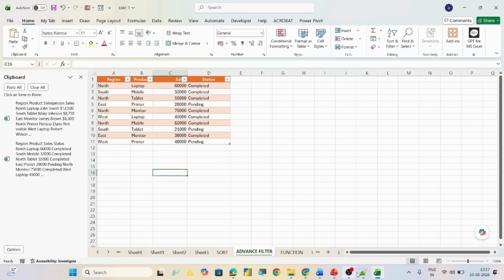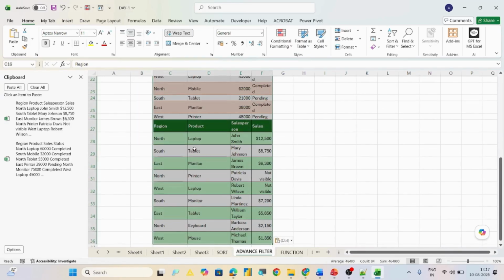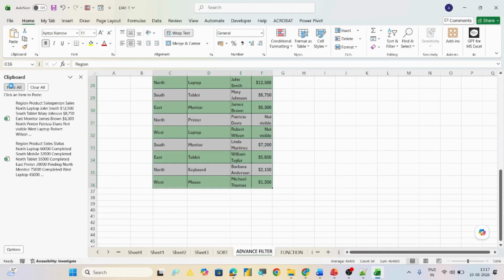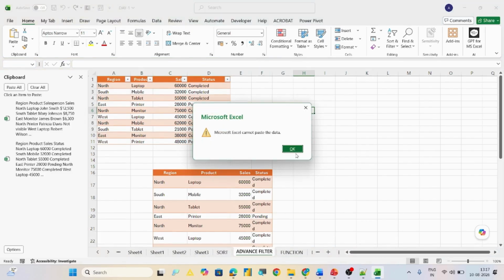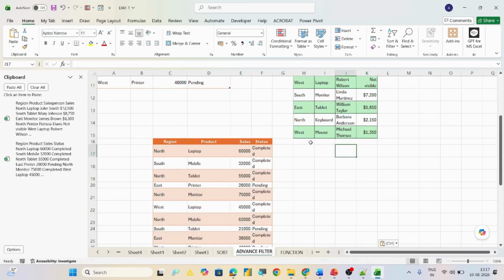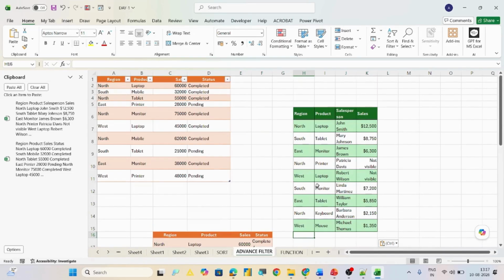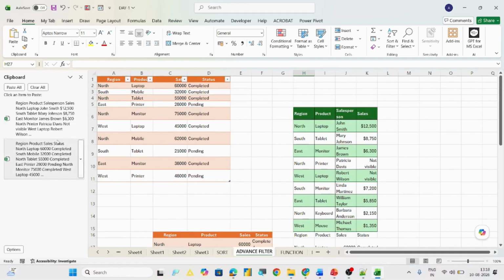I hope you are able to understand about clipboard, and later on you can clear this. See, I did Paste All because the new place was there. That is why it has pasted everything. So you have to do it properly: where you want to paste, what you want to paste, how much you want to paste. In that way you will be able to paste it. I hope you are able to understand.